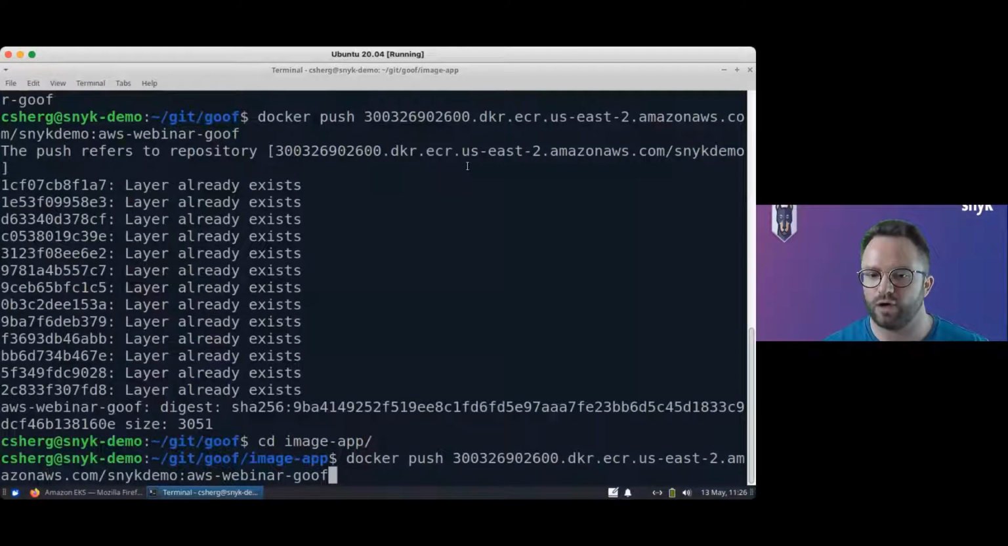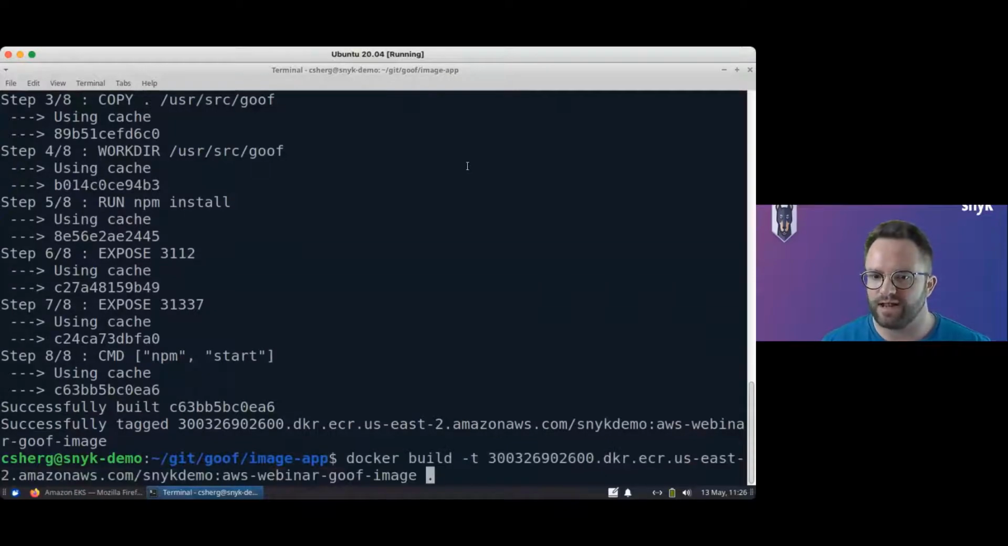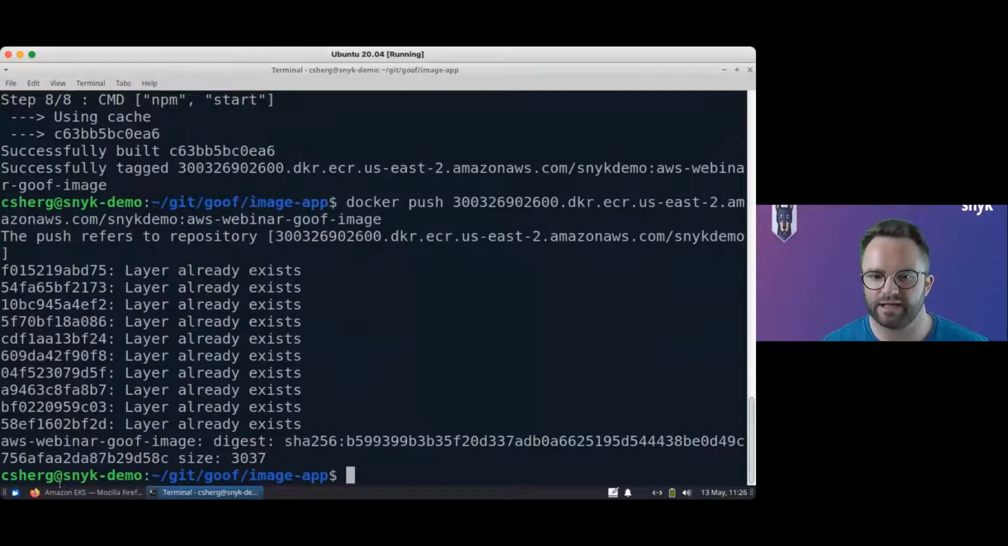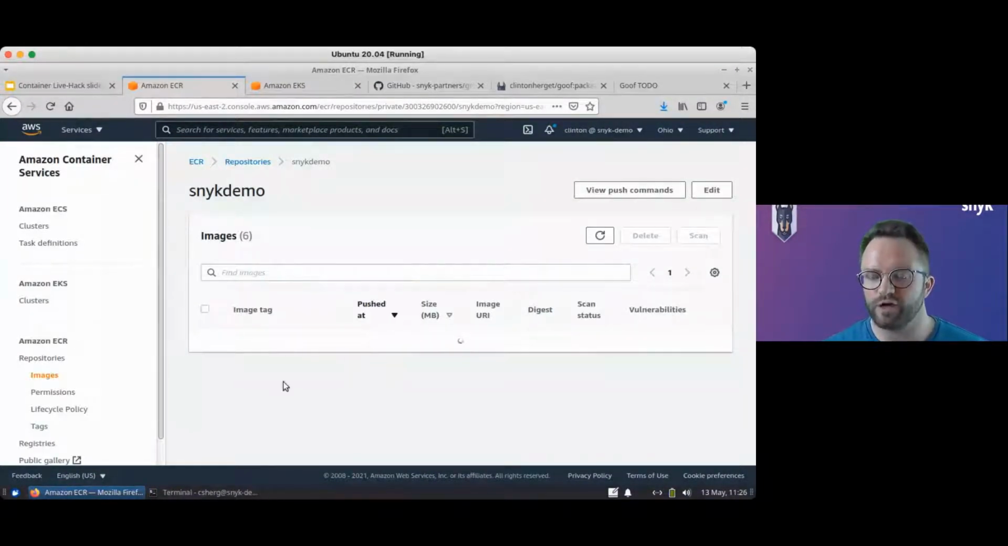Okay, so I am going to tag this one as goof image. Whoops, I actually need to run the build first. Build and tag. Right, so we've got our second image built, and then I'm going to simply push this into, again, my ECR registry. All right, got everything up and running. If I then verify that over here in ECR, I've got my latest pushes here of both of those